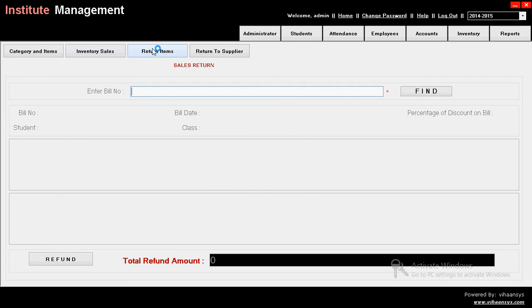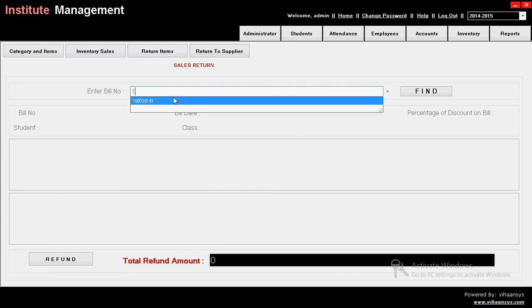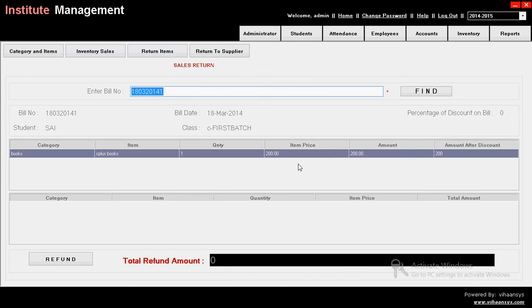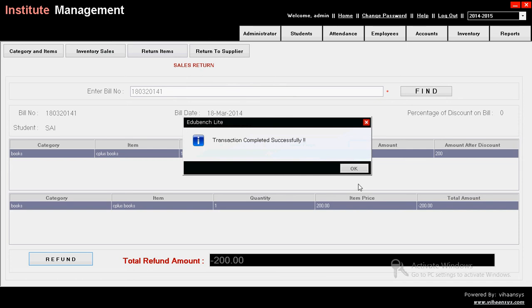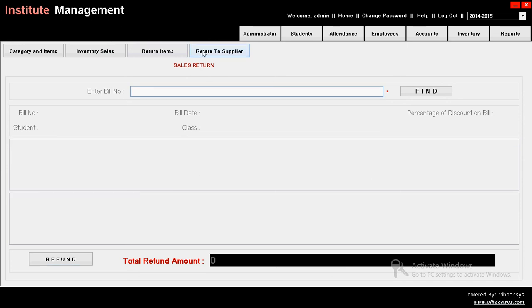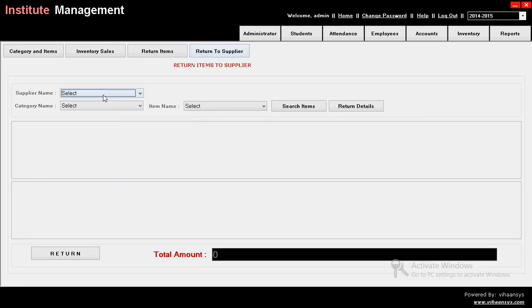Then return sales. If you want to make any return, just enter the bill number and make the return. Just refund. Transaction completed successfully. Then return to supplier is also the same. If you want to return anything to the supplier, go for supplier name, category and item name, and just search items.